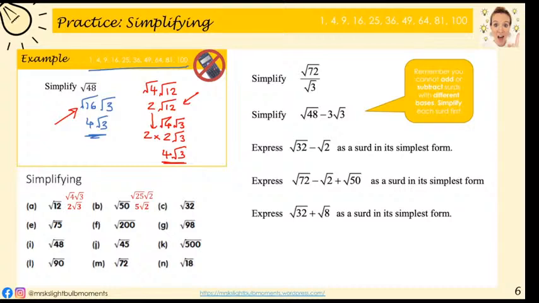And question C. The largest square number that goes into root 32 is root 16 and that goes in twice, so we write root 16 root 2. We can simplify root 16 to 4, so we get an answer of 4 root 2. Okay,